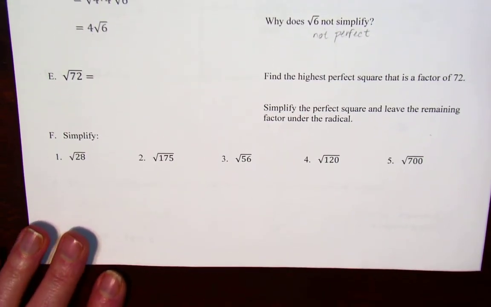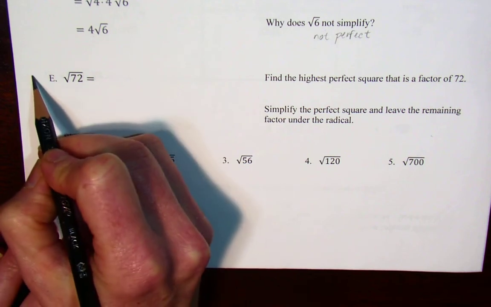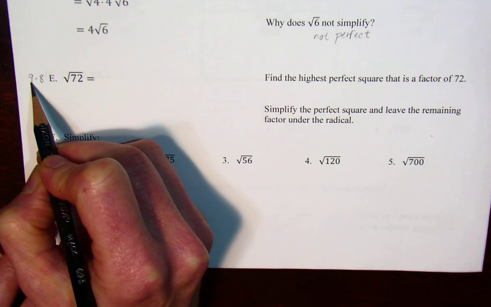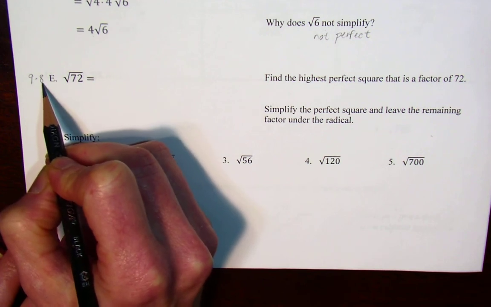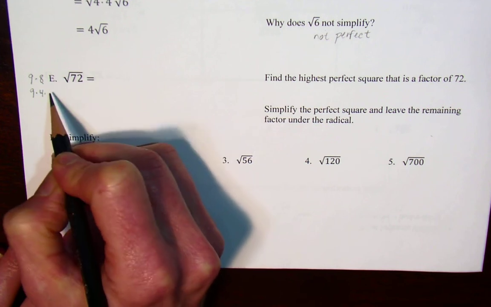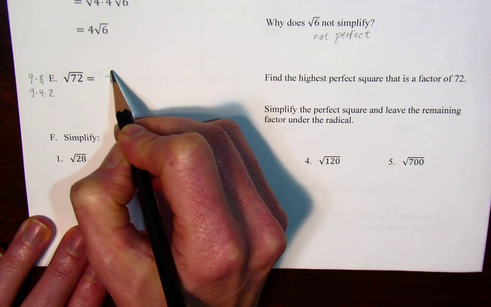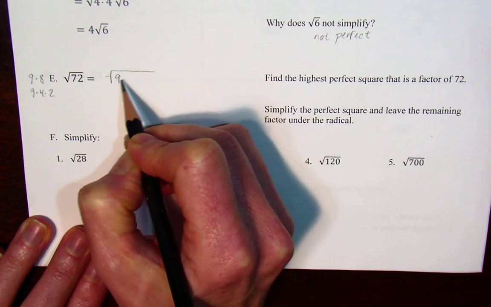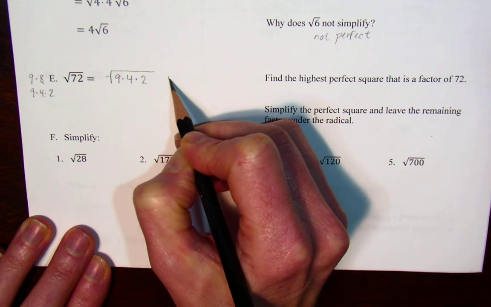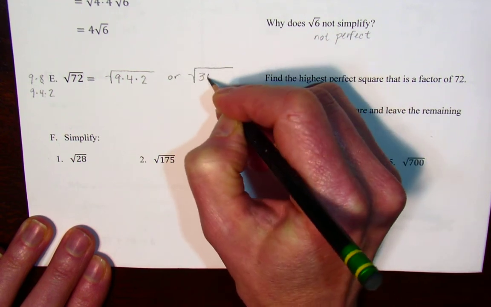What is the highest perfect square that is a factor of 72? Oh, I know 9 goes in there. 9 times 8 is 72. So 9 is a perfect square. But there's also a perfect square inside of 8. It's 9 times 4 times 2. These are both perfect squares. You can simplify it that way if you wanted to. You could say, I know there's a perfect square of 9 and 4 and 2 in there. Or you could recognize that 36 times 2